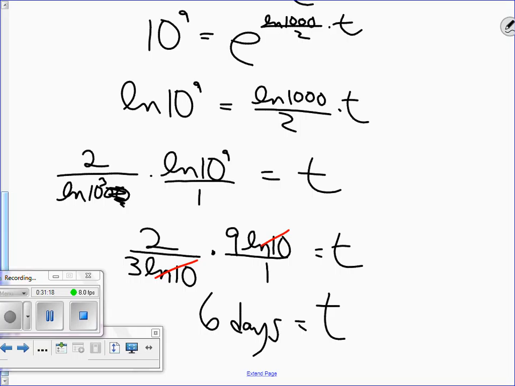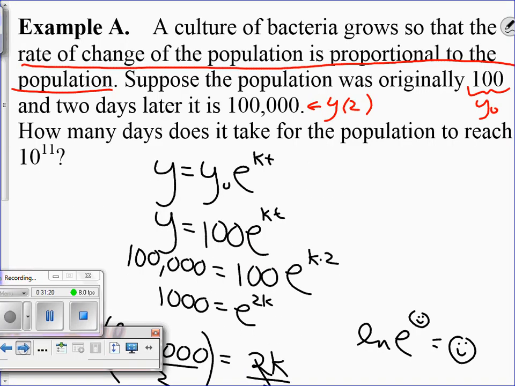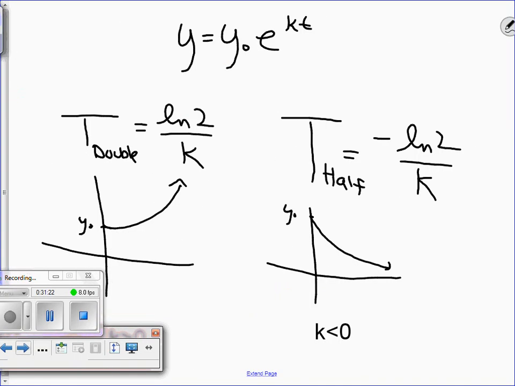Wait, let's do this. Let's do the summary. I don't get to do any of the radioactive decay, which is fun, but